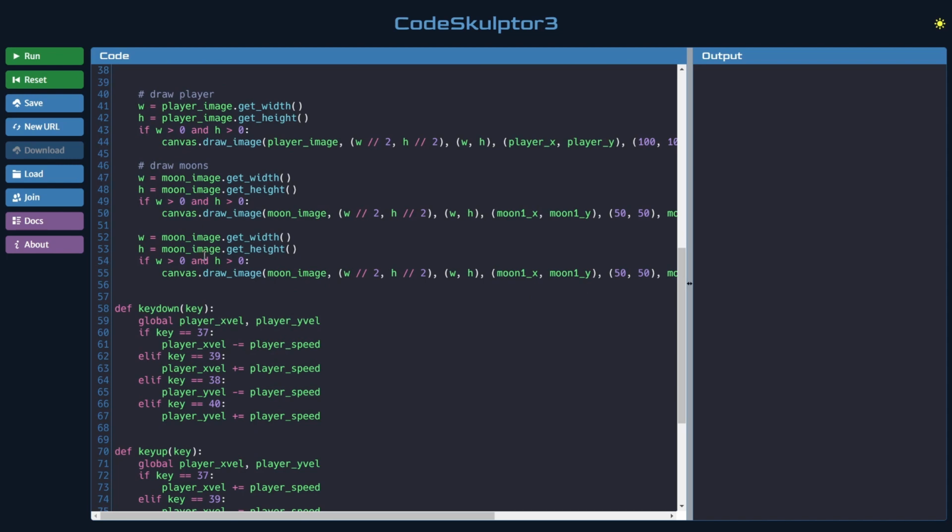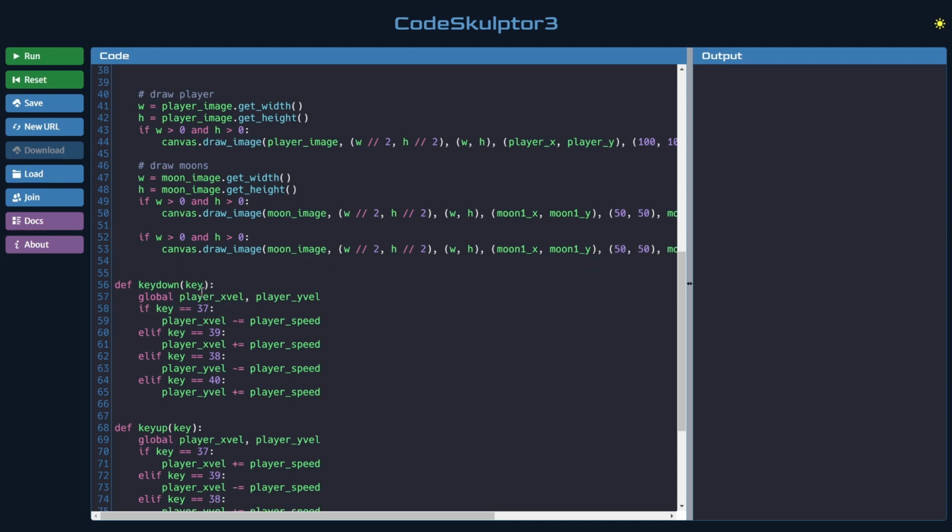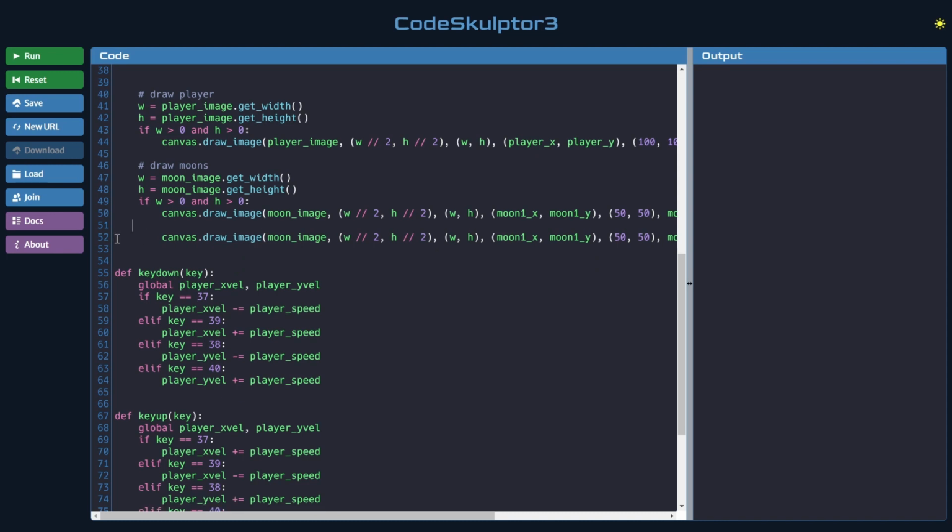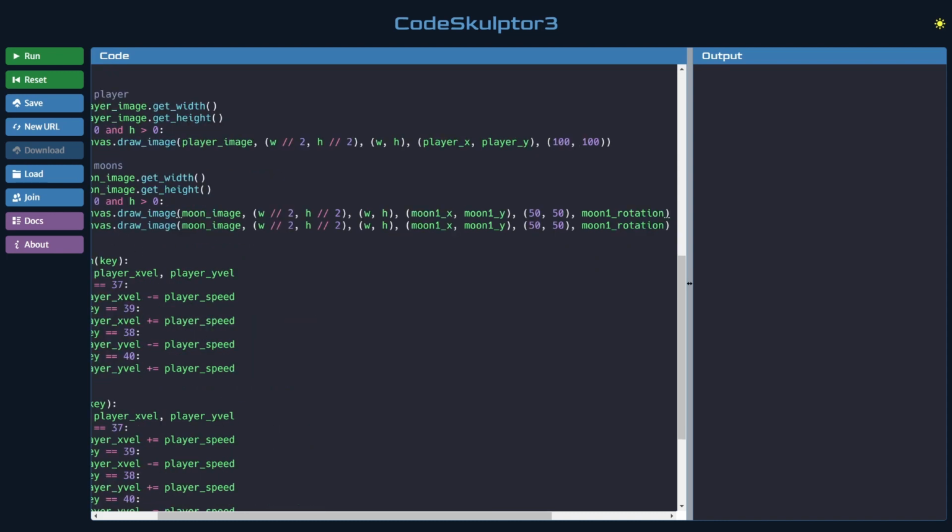All of this. And actually, I won't need to redo this because this will be exactly the same, because the image will be the same. In fact, I can just put it like this, because all we need to do is just draw the second one. So this will be